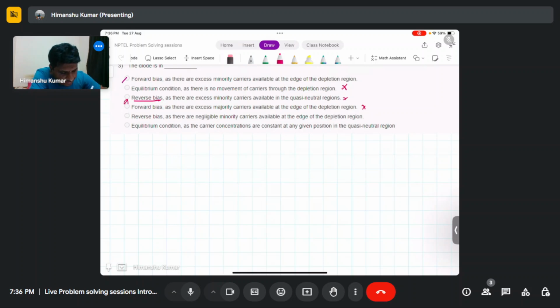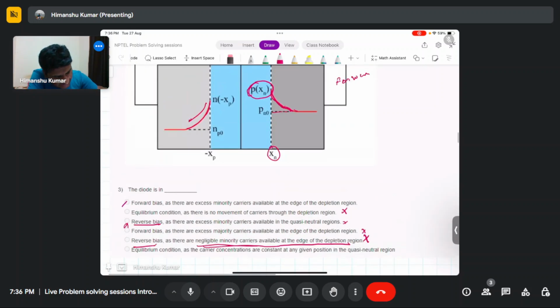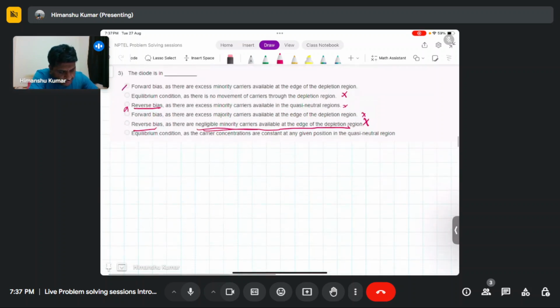incorrect option. Reverse bias as there are negligible minority carriers available at the edge of depletion. No, this is wrong because there is an excess of minority carrier electrons here, which are minority carriers on the p side, and similarly holes here, which are minority carriers on the n side. So this is also a wrong option. Equilibrium condition